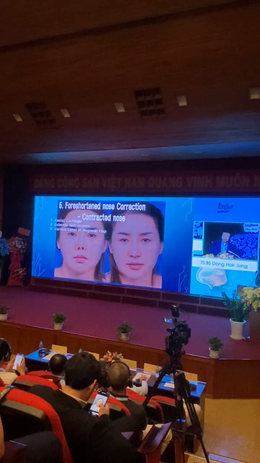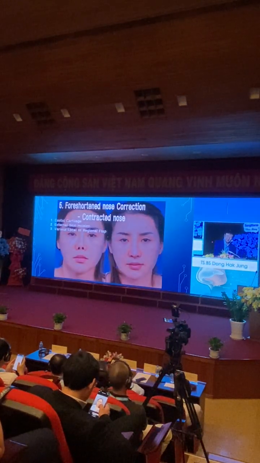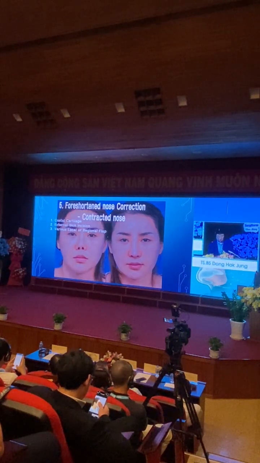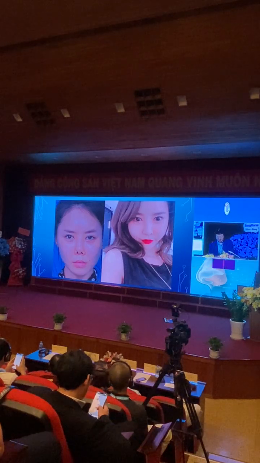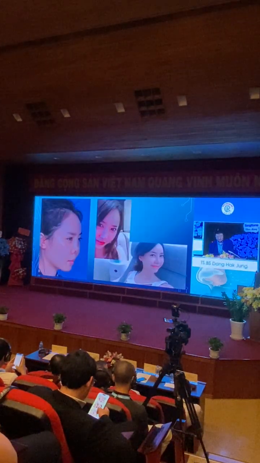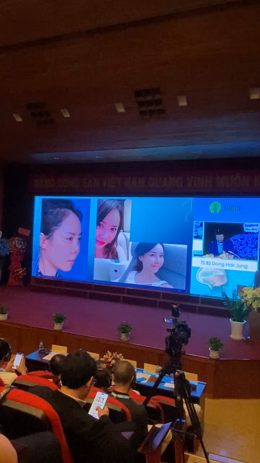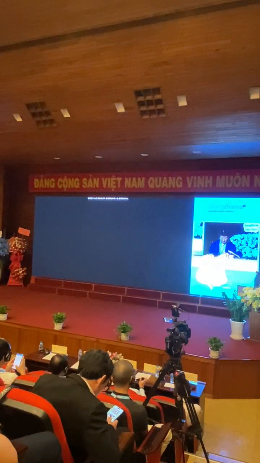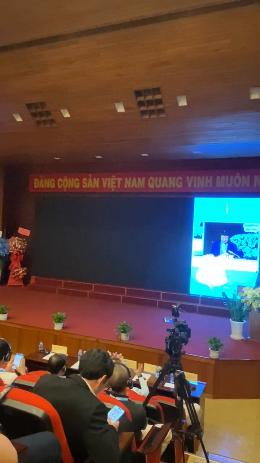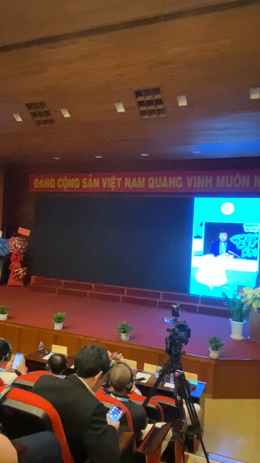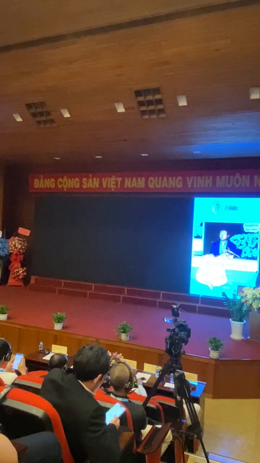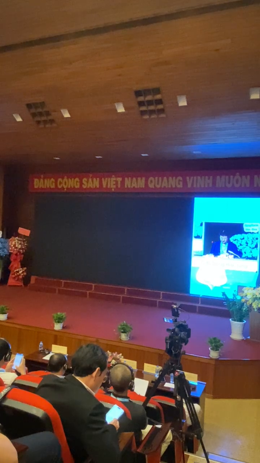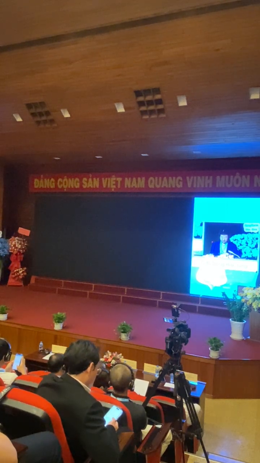And then foreshortened noses. In case of foreshortened noses, I will say after this lecture, I will briefly say. Like this, foreshortened nose, contracted nose case. Okay. And after my second lecture, if you have a question or comment, I will take it. Okay. My second lecture, that is